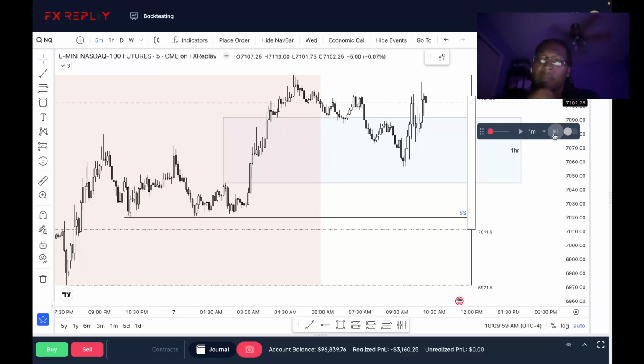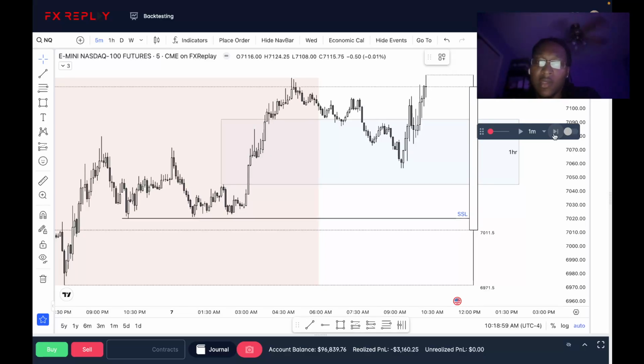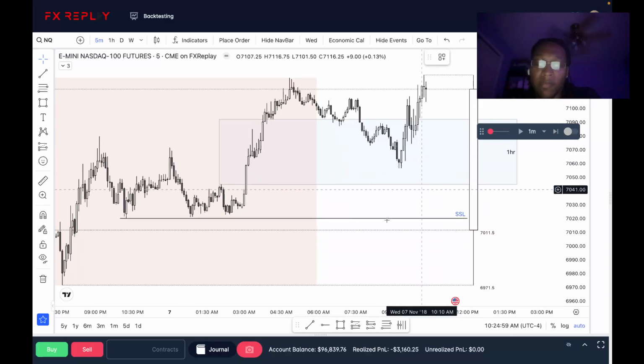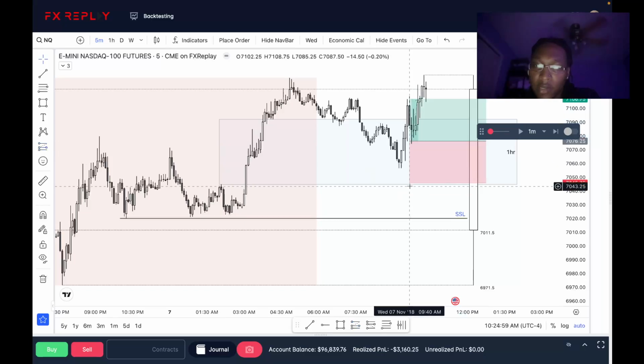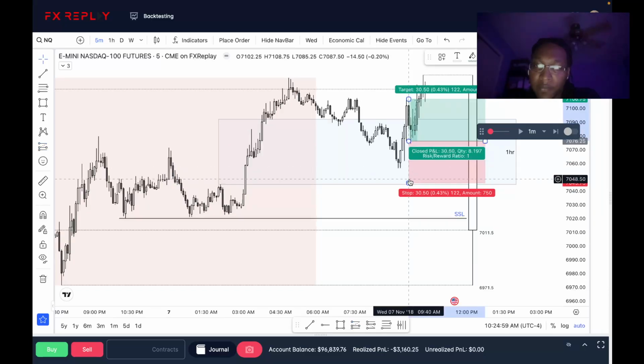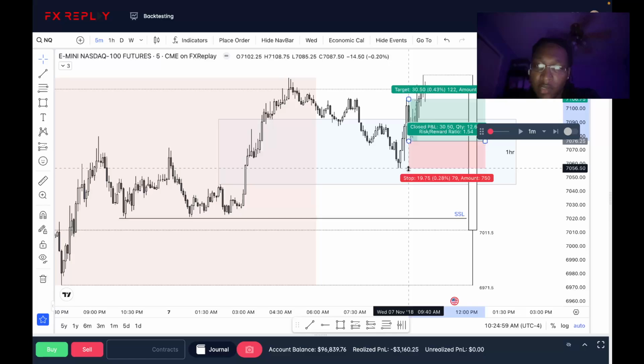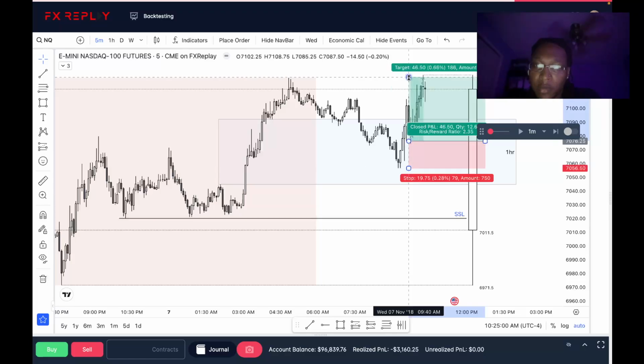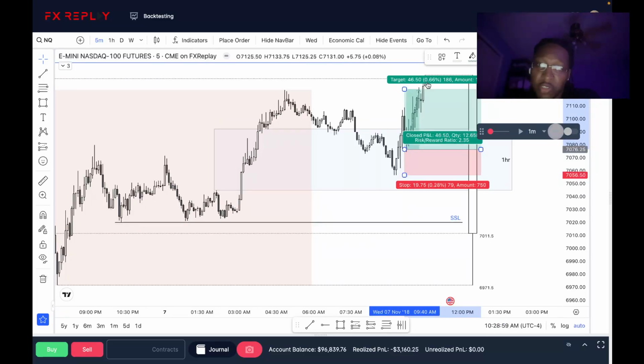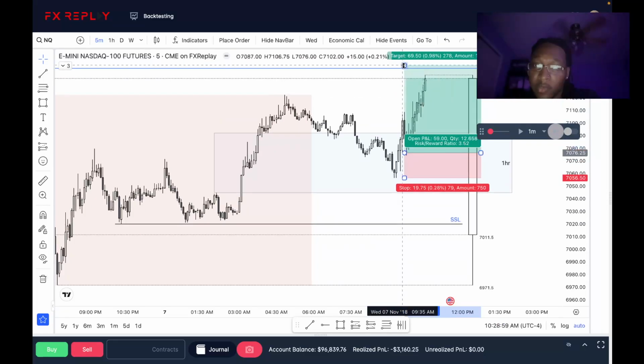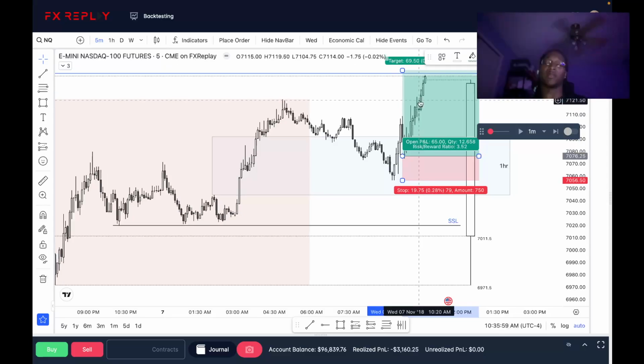Yeah, I baited. Could have taken this trade. I baited. That's on me. That is on me. Should have took the risk. That is all on me. That's a beautiful 1 to 2. Potential 1 to 3 because it pushes higher for the previous week. Yep, that's on me. That was a beautiful trade.